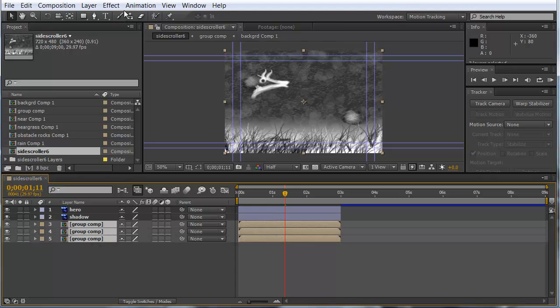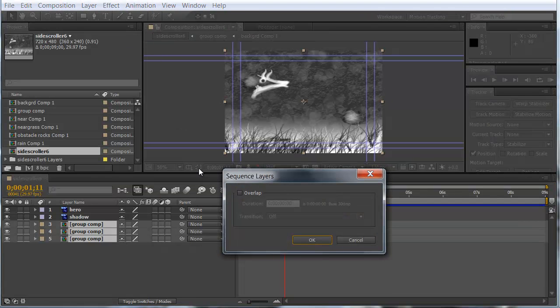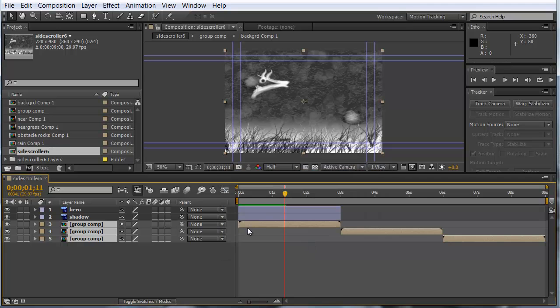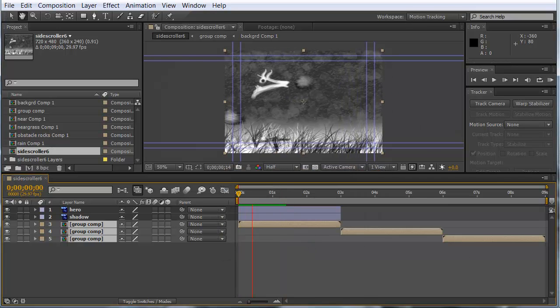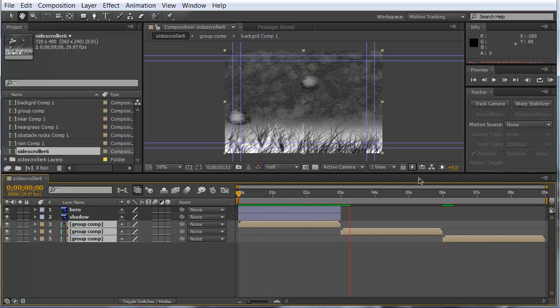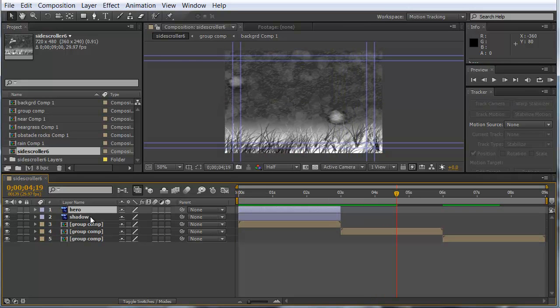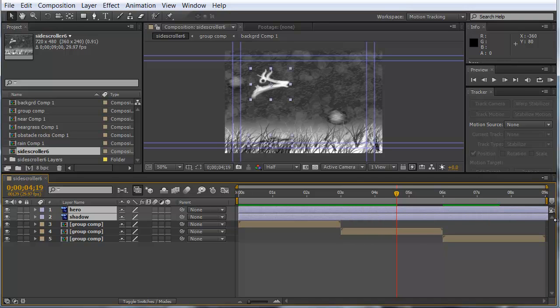Select these 3. I'll use the keyframe assistant to sequence them with no overlap so that they're strung out along. And now I have a composition that goes for 9 seconds. Give me a little more time to animate my hero. The hero disappears here, and the shadow along with it. If I just kind of stretch that out, now they go the length of the composition,